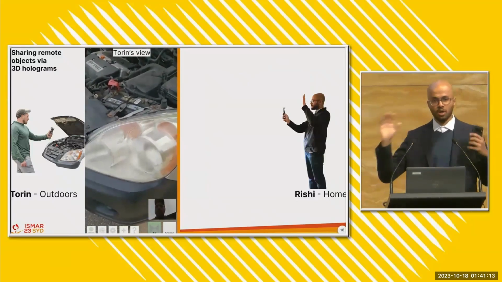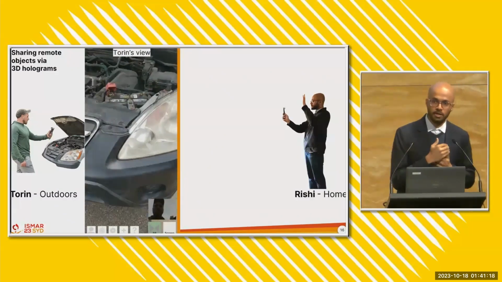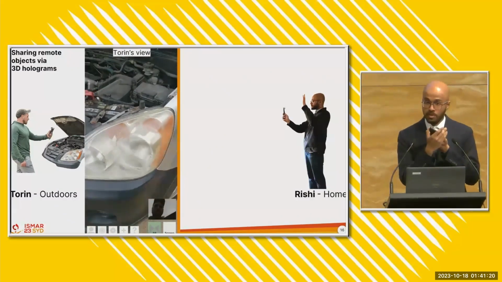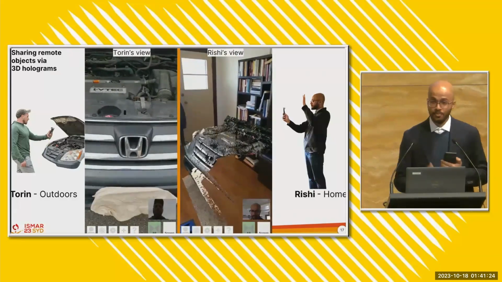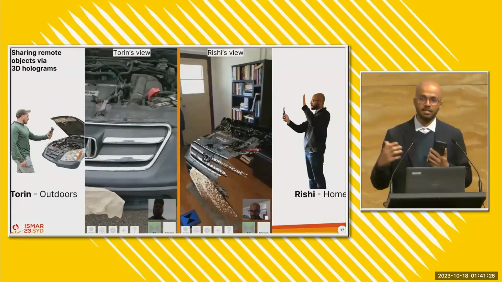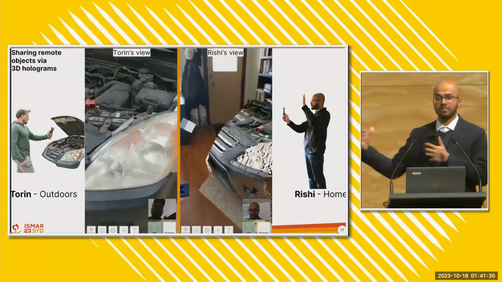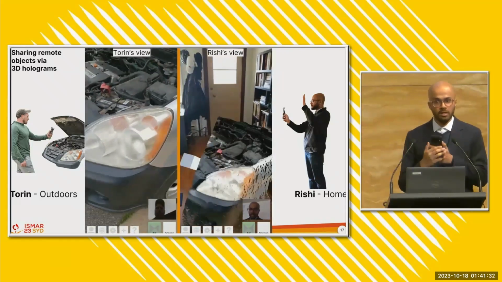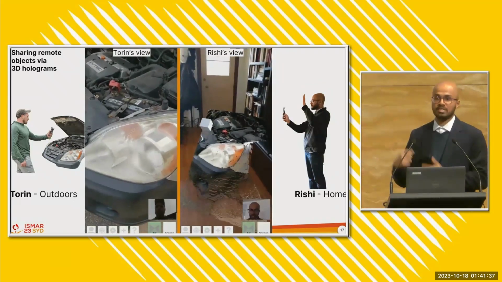Now, if this was a normal mobile video call, I would see this video just plastered onto my own mobile display. But with DualStream, what happens instead is that I see a 3D representation of the car and its engine being streamed into my living room that I can view in AR and walk around. This is inherently spatial information that I can now interact with as if it was in my own space.